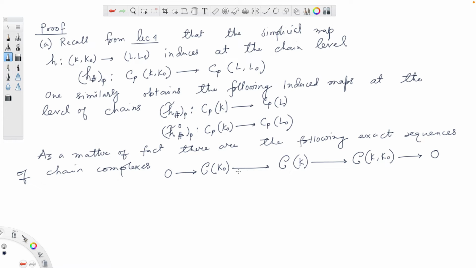So this chain map from C of K0 to C of K is induced from the inclusion of K0 into K,